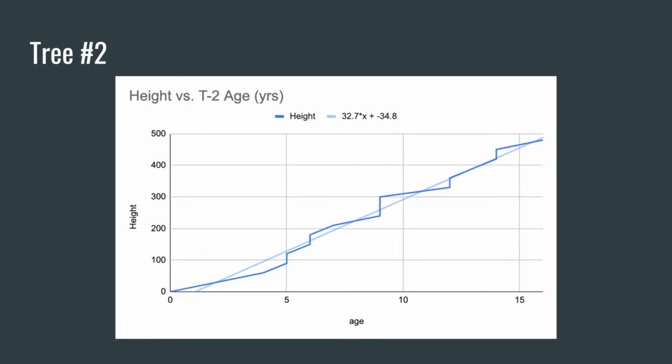Looking at the graph for tree number 2, which was located in the forest fragment, we see steady slow growth up until age 5, and then these growth spurts at a pretty rapid rate. The slow growth towards the beginning we think was due to the forest shading, so the Douglas firs and the other trees in the forest shading the aspens, and the aspens not being particularly shade tolerant. But then the growth spurts after is when the aspens get to that height where they're able to reach more sunlight,